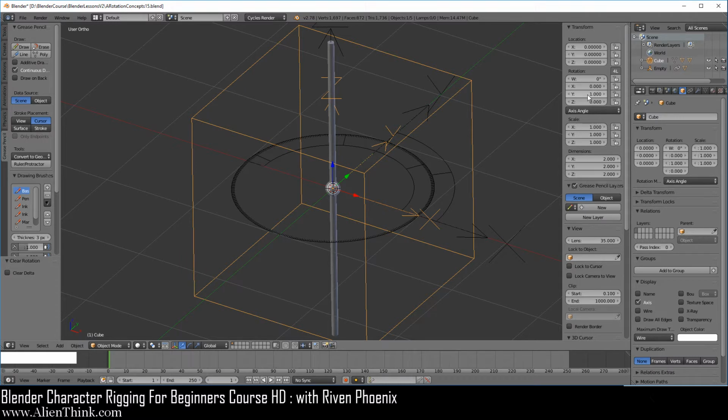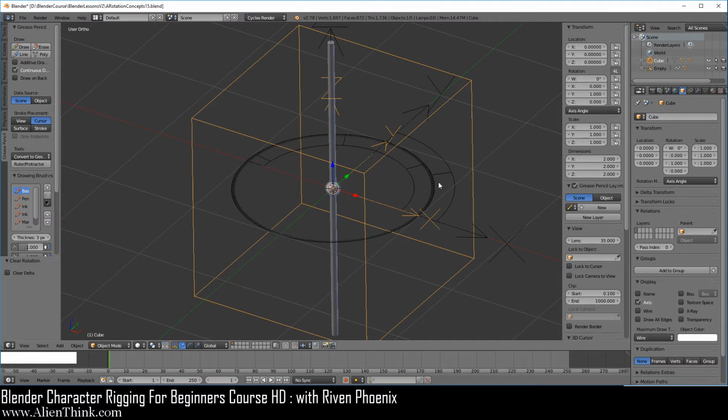What this simply means is that this pole will be aligned to the local y-axis of this object. Okay, meaning that really the starting rotation of this object is always aligned to the coordinate system that it is using.